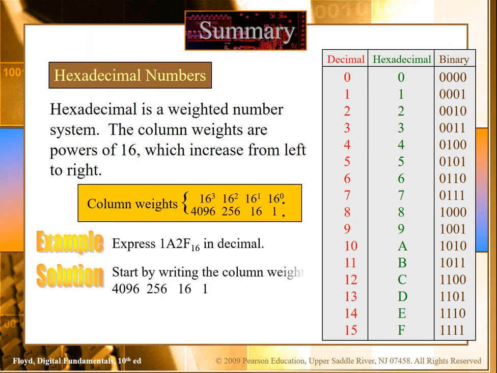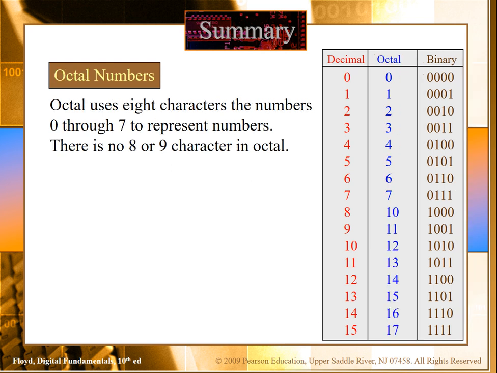So this is just the column weights and some examples which we will solve during the live session. The second number is octal numbers. As the name specifies, we are going till a 3-bit system. In hexadecimal we were dealing with the 4-bit system. In octal we are dealing with the 3-bit system. This is another compact form.